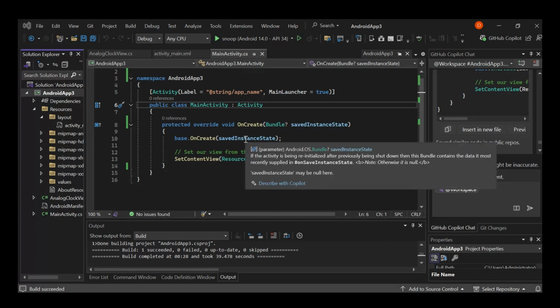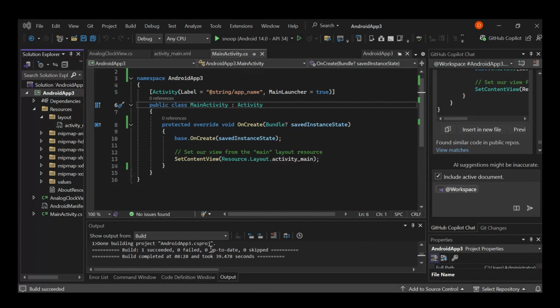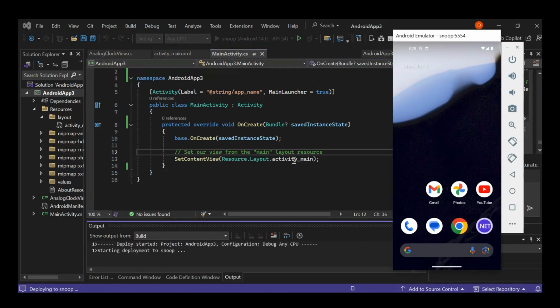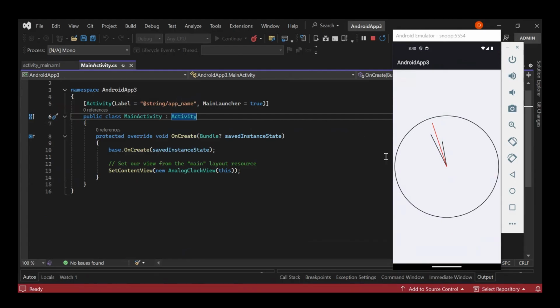So now as you can see here, we've got the build succeeded. So let's go ahead and run our analog app. Yeah. So let's run it. So as you can see here now, we now have the application running. So basically there was some small error. If you get that error, make sure you run Visual Studio as an administrator and that error will be resolved. Okay. So as you can see, it's very easy to get yourself started